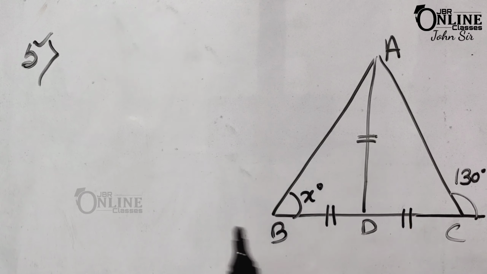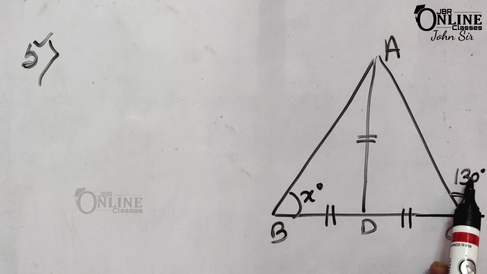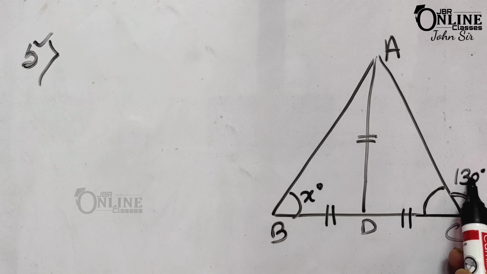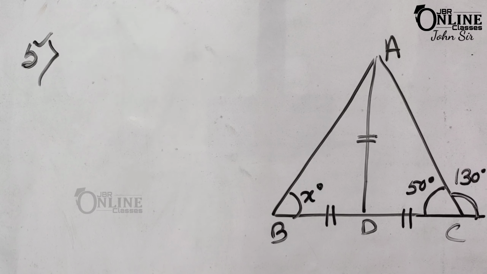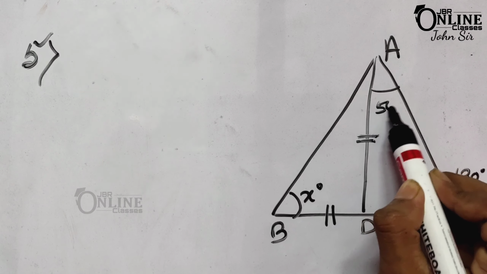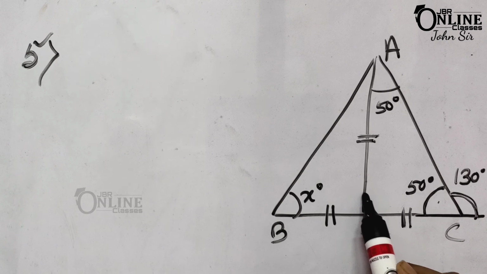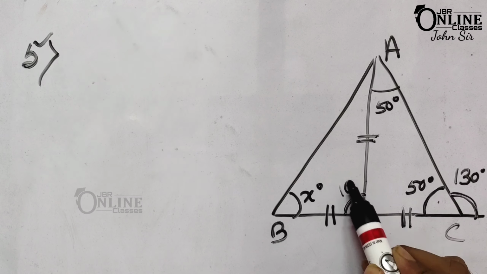Now sum number 5.2. So here the exterior angle equals 130, clear, and this is a straight line, then definitely this angle will be 180 minus 130, so that equals 50 degrees. Now in this triangle ADC, this side equals this one, that means if this one equals 50, this one equals again 50 degrees. Okay, and the exterior angle of this triangle equals the addition of these two, that means 100 degrees.